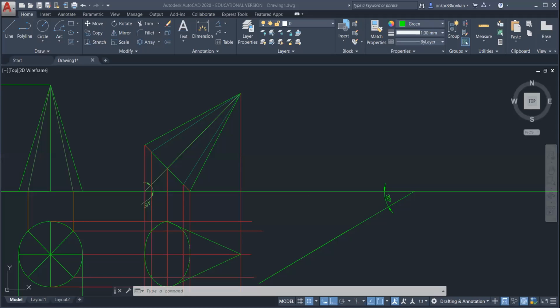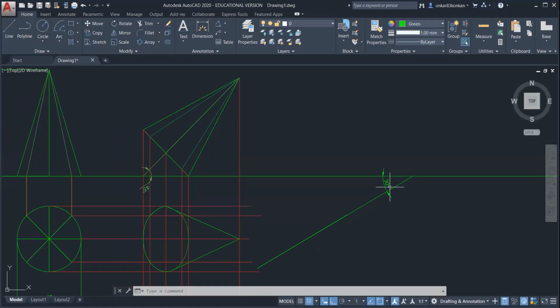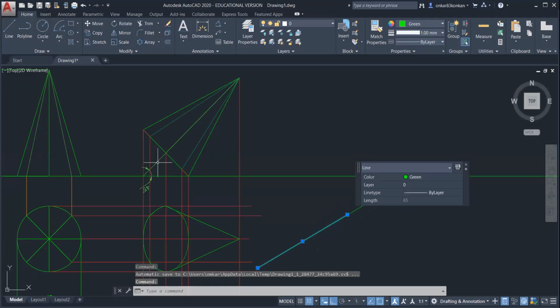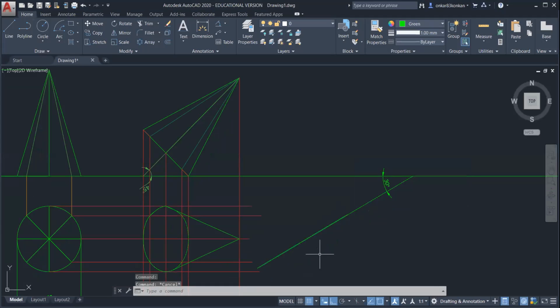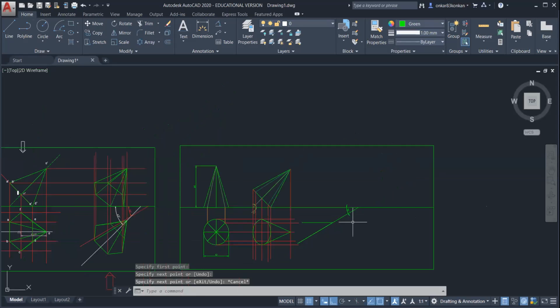So now here, for the third stage top view, draw the line at true angle, that is 30 degrees with the vertical plane. Now on this line, mark the distance which is equal to the height of the axis, that is equal to 65 mm. So this is the line at 65 mm. Now from one end, draw one horizontal line. So this line will represent the locus. So this is the locus line.